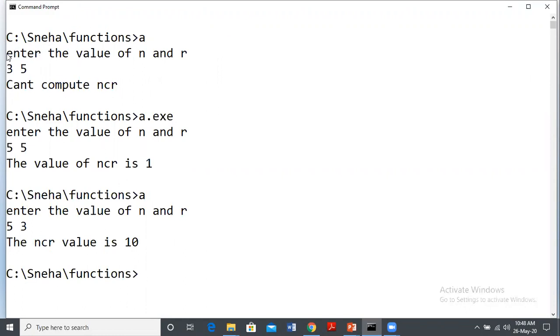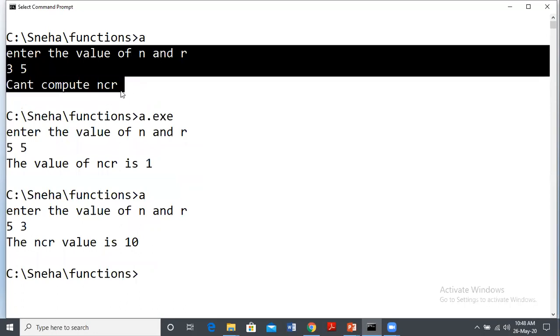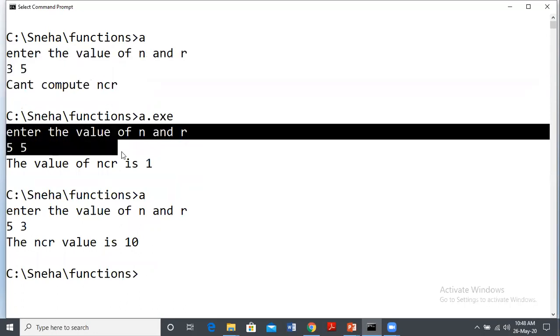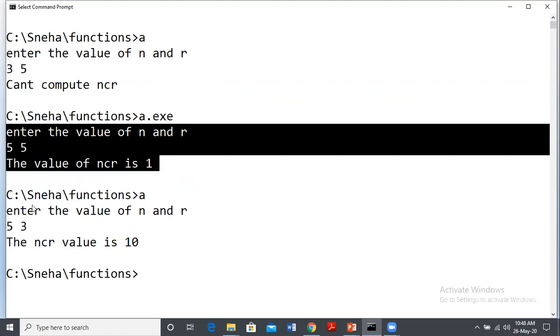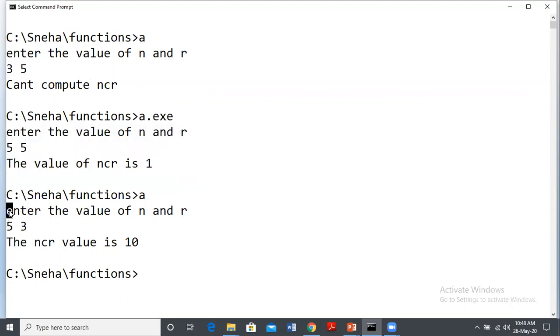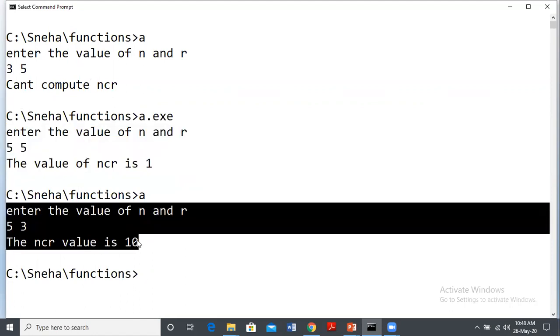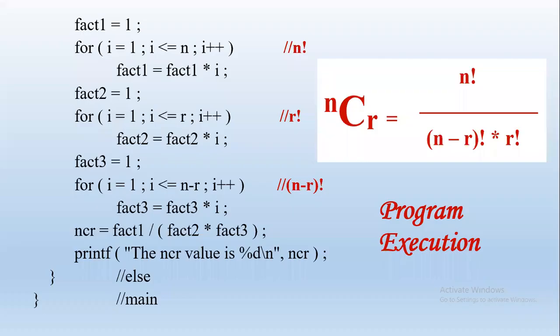N is less than R, we cannot compute NCR. N is equal to R, value of NCR is 1. If N is greater than R, 5C3, we compute and display. The value of 5C3 is 10. So this is the execution of the problem without using functions.